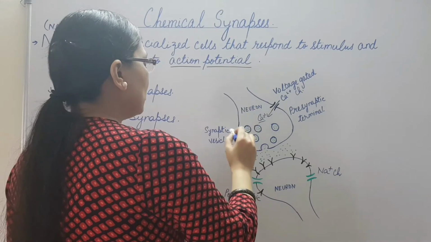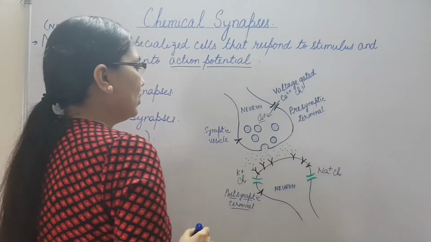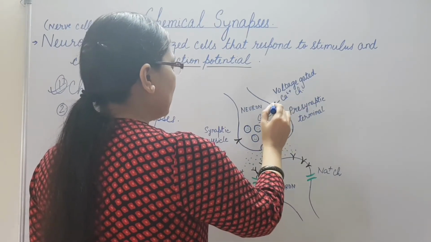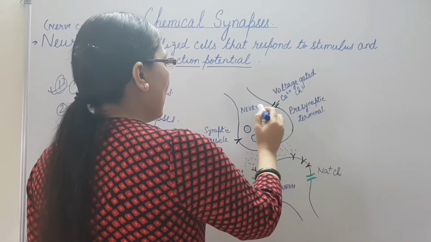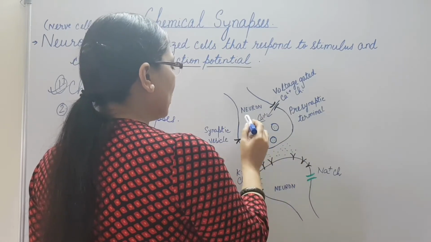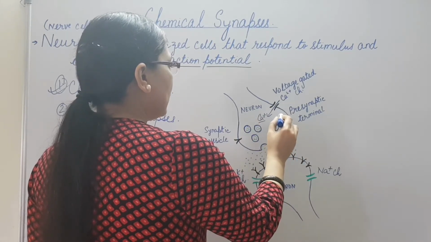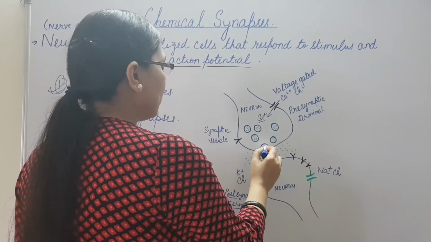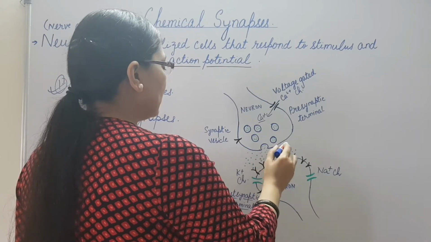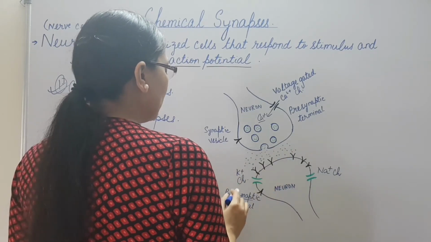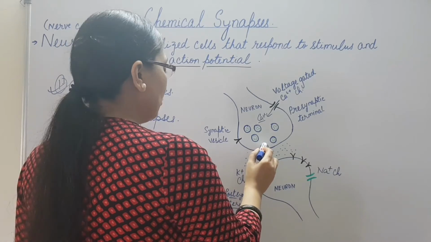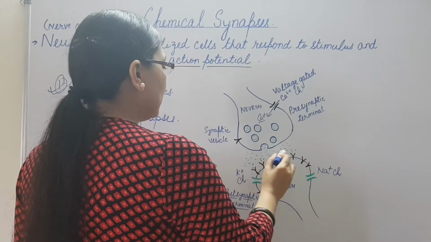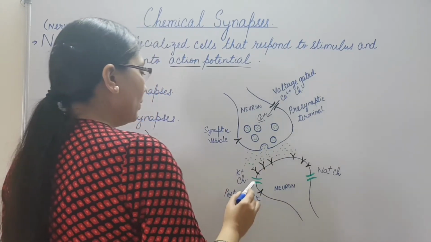When the action potential reaches the presynaptic terminal, it causes the voltage-gated calcium channel to open. This results in the influx of calcium ions, as a result of which the concentration of calcium ions increases in the cytoplasm of the presynaptic terminal. When the synaptic vesicles fuse with the plasma membrane, neurotransmitters are released into the synaptic cleft by the process of exocytosis. Then these neurotransmitters diffuse across the synaptic cleft and bind with the receptors present in the postsynaptic